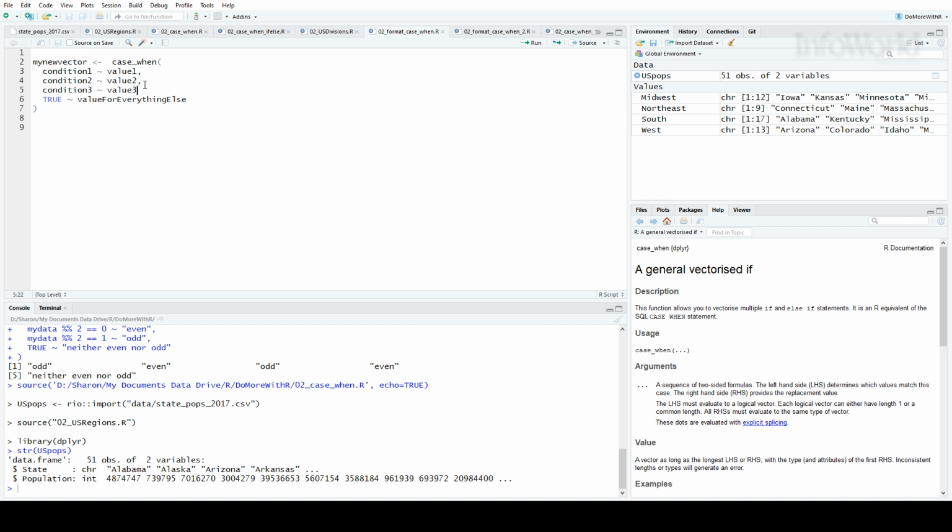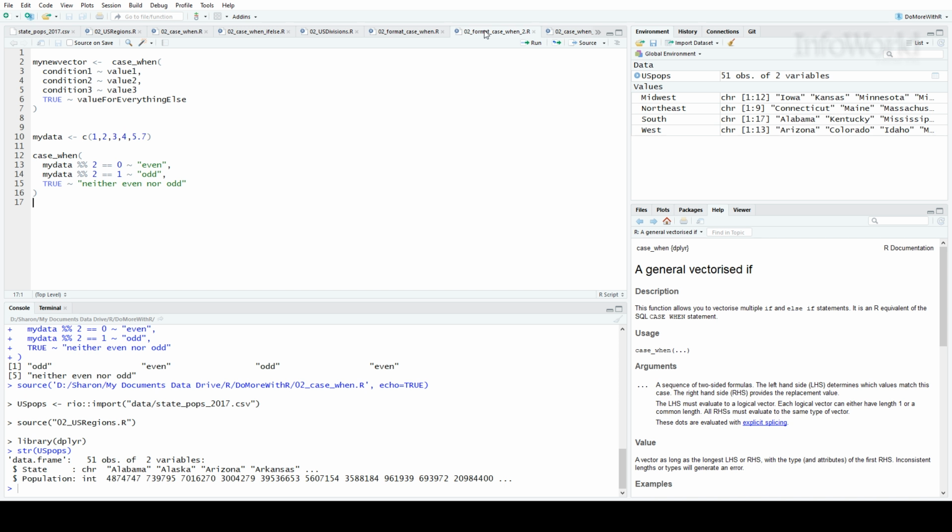Let me show you a simple example testing whether a few numbers are even, odd, or, if they're not whole integers, neither. I'll create a vector of numbers 1, 2, 3, 4, and 5.7. Then we'll create a case_when to see whether they're even or odd. If the remainder when dividing by 2 is 0, the number is even.